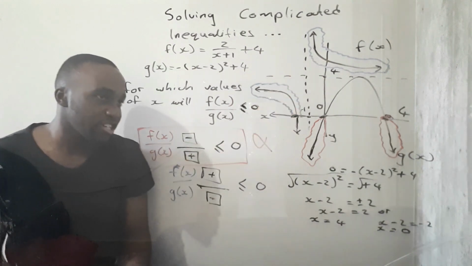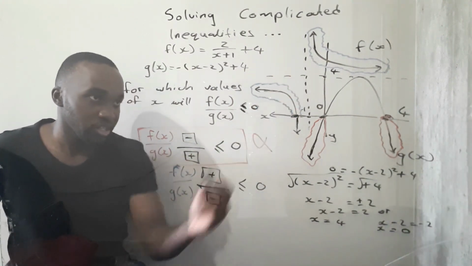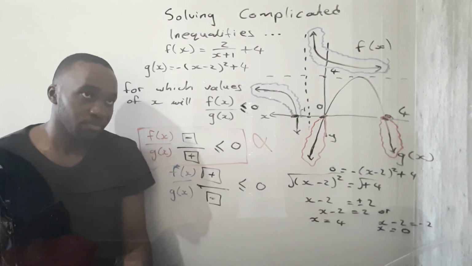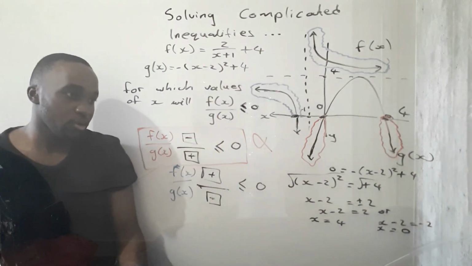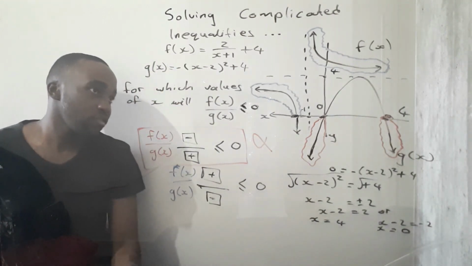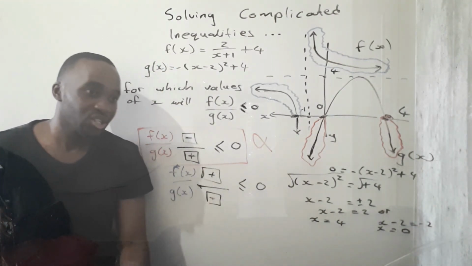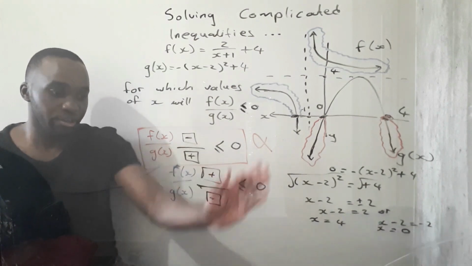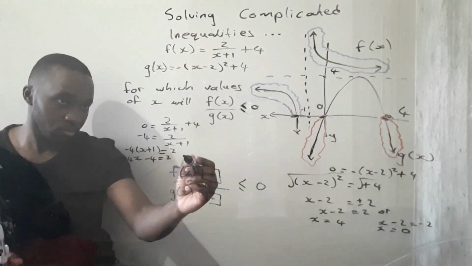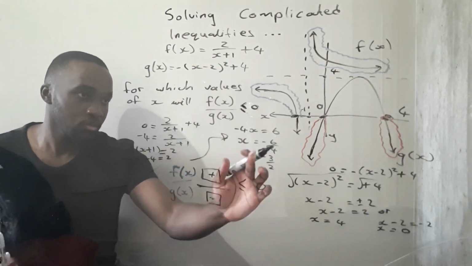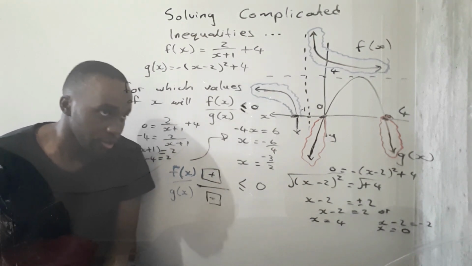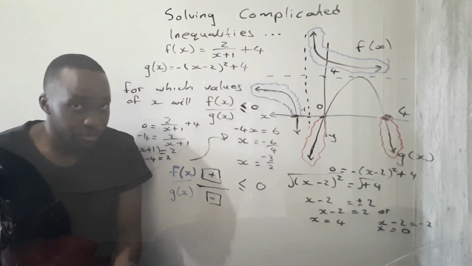For f, same idea. We need to quickly find out what this x-intercept is, to be able to properly answer our question. Getting the x-intercept for your hyperbola is just a matter of making y 0. So let's quickly do that over here. There we go. That took a while, but you gotta do what you gotta do for those